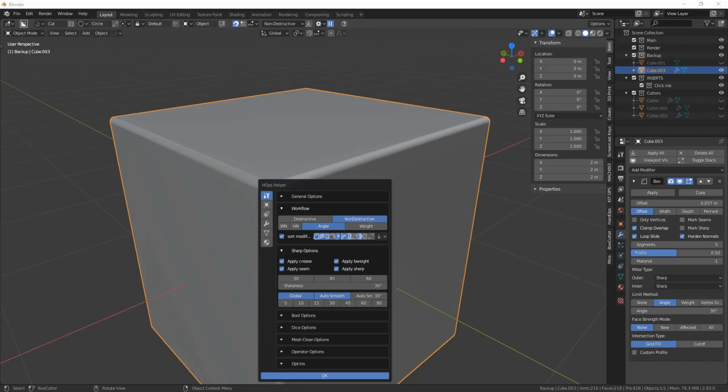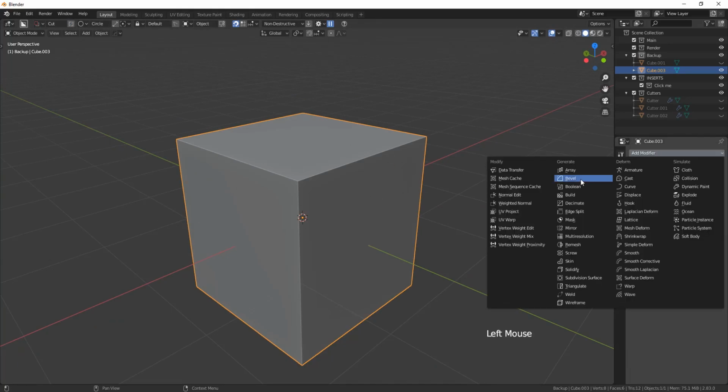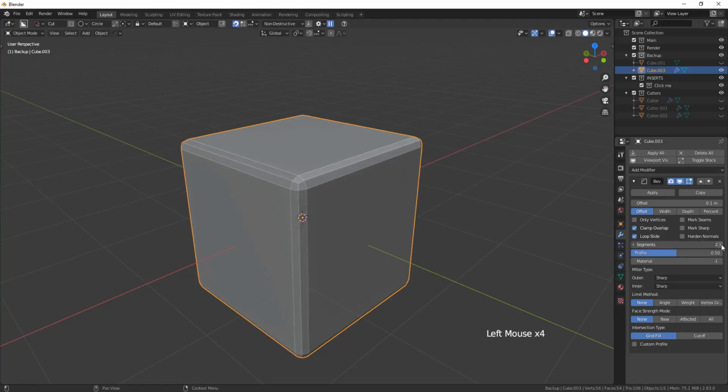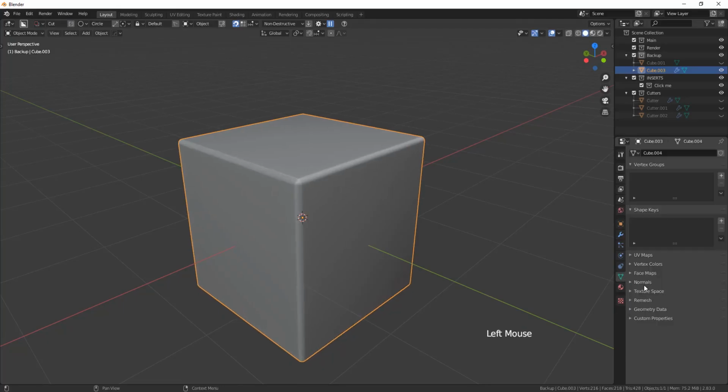And while we're on that topic, let's quickly discuss why an add-on like hard ops can help us with beveling, because vanilla just doesn't cut it sometimes. So if I want to bevel this cube, this is just the default cube, nothing on it. In Vanilla Blender, you have to go to Add Modifier, Bevel, Segments up to 5, or whatever you want. You have to shade it smooth, then you have to adjust the offset, and then you have to turn on Auto Smooth,